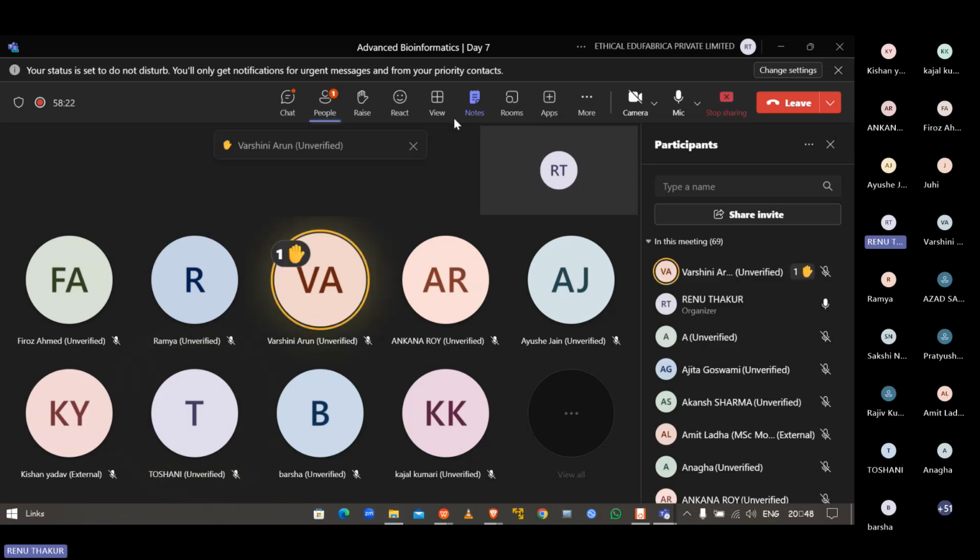Yeah, Vashini, tell me. Sir, you said we have to use the SRA toolkit for this, right? Yep. So you have provided the installation steps in the document, right? The other document you are talking about, which I'm preparing right now. Okay, so we have to install the SRA toolkit and then do all that process